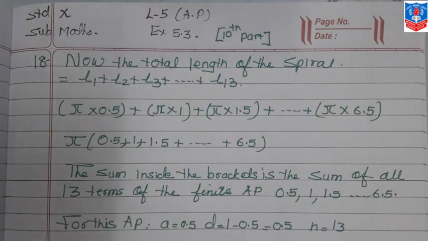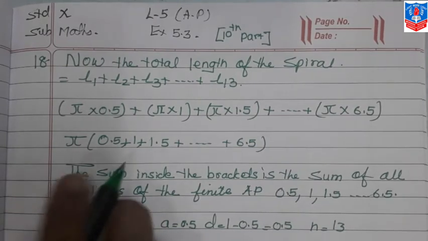Then what is the total length of such a spiral made of 13 consecutive semicircles? The value of pi is also given, 22/7. And that is a hint: the lengths of successive semicircles are L1, L2, L3, L4 with the centers at A, B, A, B respectively. We know that the length of a semicircle is pi r, where r is the radius. The length of the first semicircle with the center A.